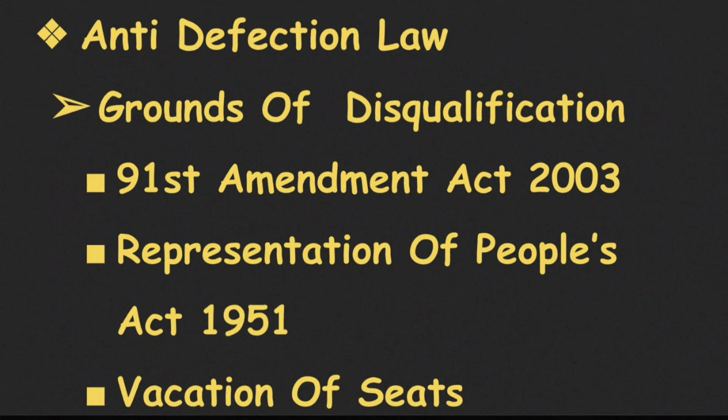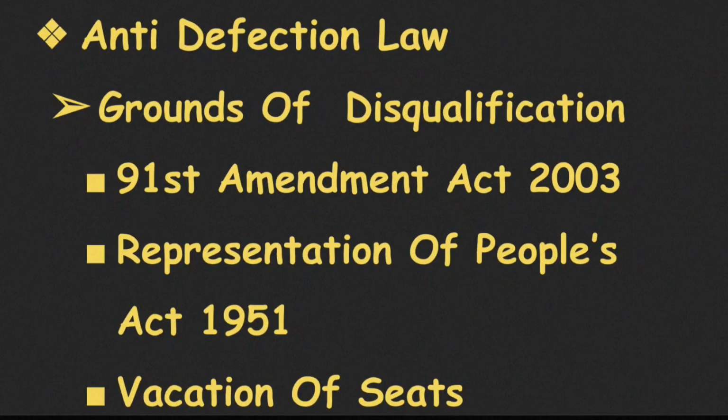Thirdly, if he is an undischarged insolvent, which means he has been declared bankrupt. Fourth, if the MP has lost his Indian citizenship. And the last one, if the MP is disqualified under any law of the Parliament or of the Constitution,